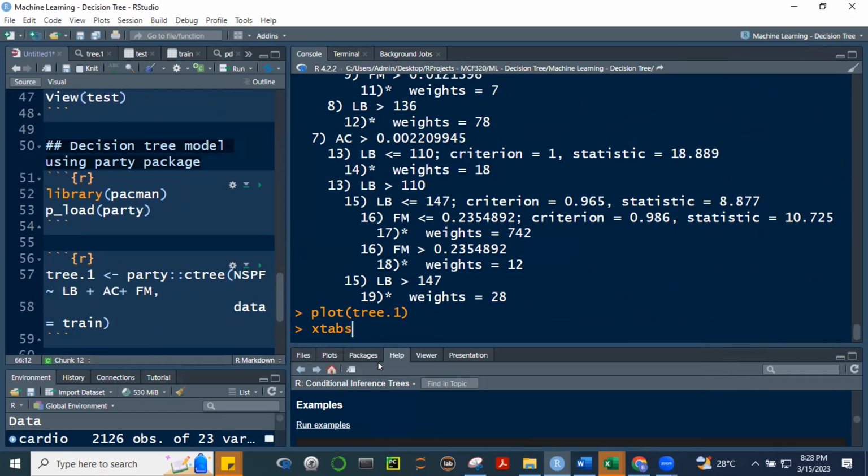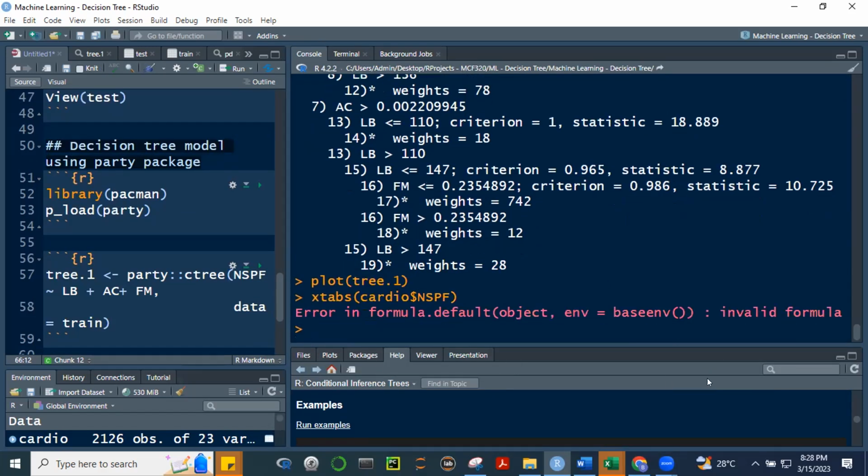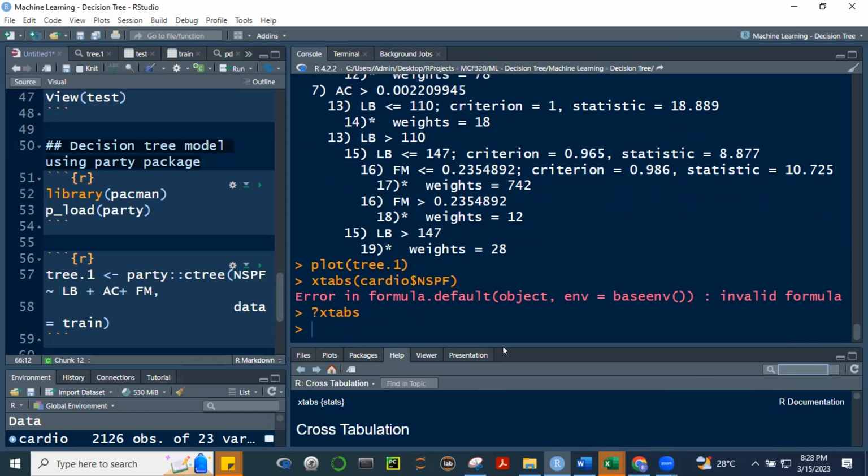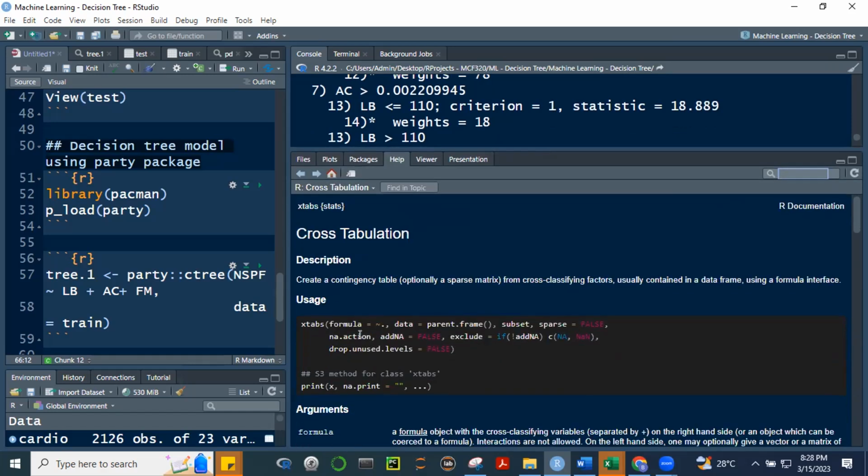Okay, xtabs. Okay, cross tab ni cardio, and then NSP, F. Okay, error. Mali, no? Ano yung function ng xtabs? Sandali. Xtabs. Okay, tinan ko lang yung syntax.